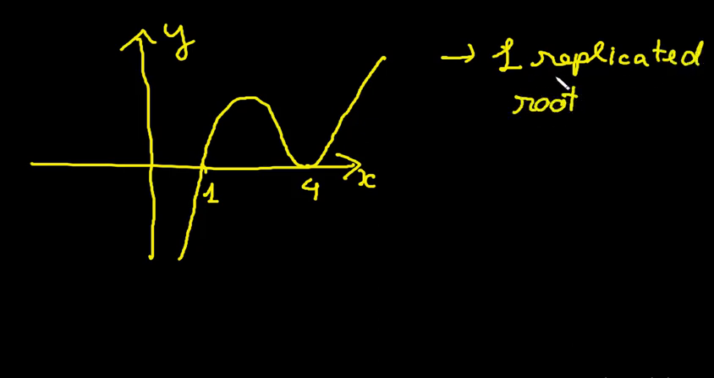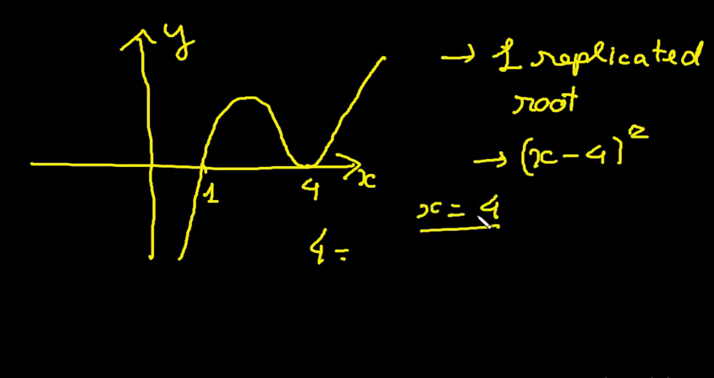So what is meant by 1 replicated root? The value 4 exists twice in the equation. So we have x minus 4 squared. Here, the value x equal to 4 exists twice, but it is the same, so we call it 1 replicated root. And for this value, we know that in order to get this value, one of the roots of this curve must be x minus 1,